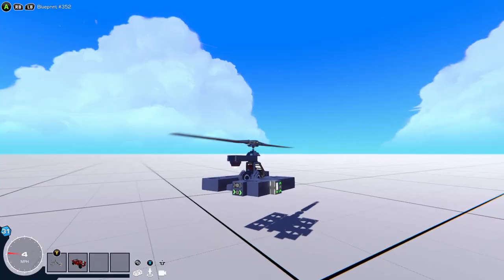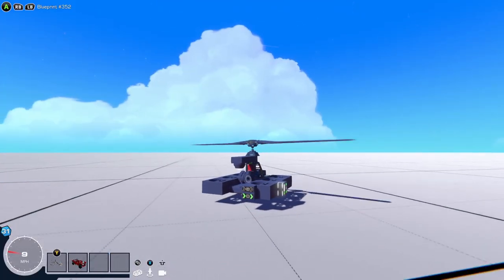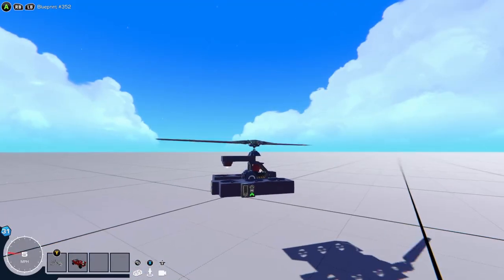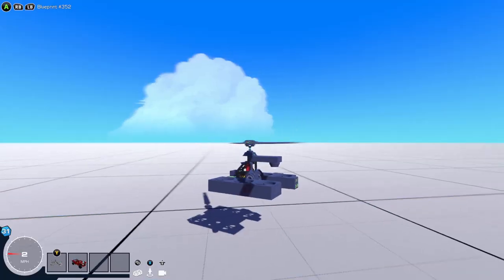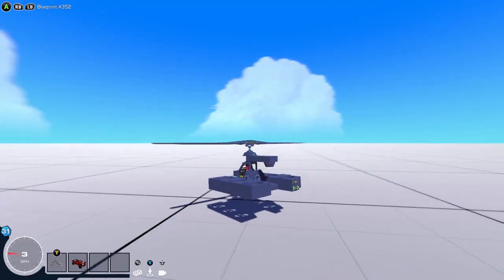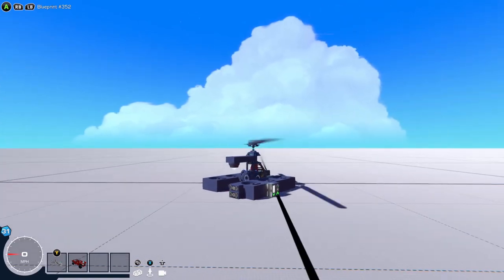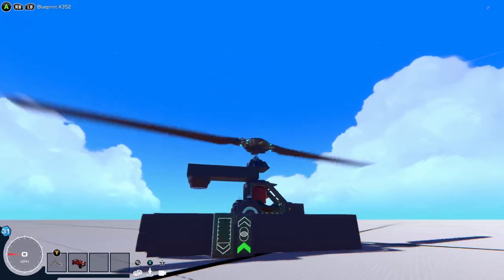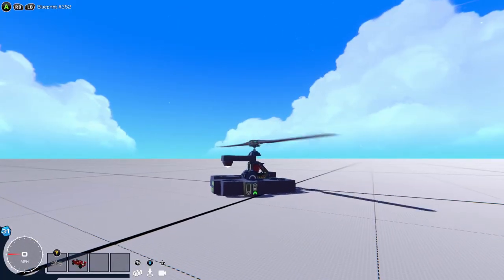Obviously, the more upwards thrust you add, the better hover it gets. I have no controls on this, by the way. This is all C controls. So, yeah, I don't really have any control of this. You can see it goes up, goes down. The helicopter blades do provide lift, obviously, but not enough lift to lift the whole thing off the ground, simply because I'm too heavy, right? Once I get all the way down to the ground, it shuts off. Once that speed sensor starts kicking in,